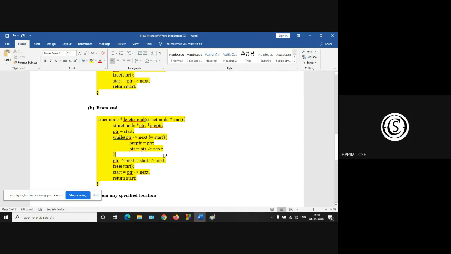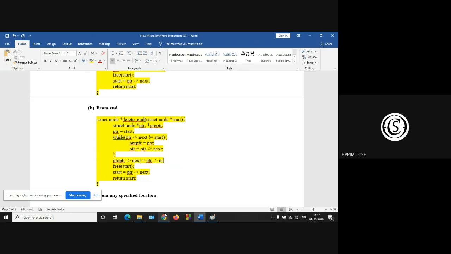Okay. Then pre-PTR arrow next is equal to PTR arrow next. Equal to start. PTR arrow next is equal to PTR arrow next. So PTR can be the last one, start also, sir? Yes, correct.